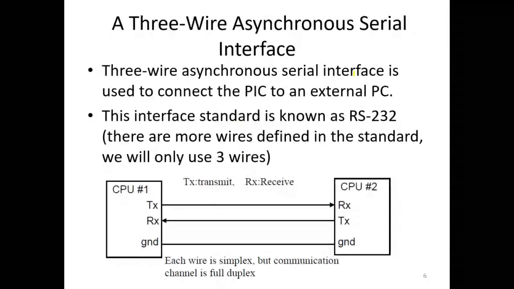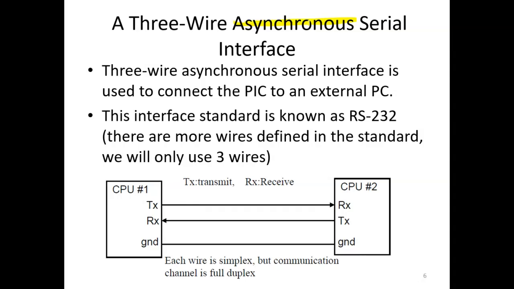Now let's start with the 3-wire asynchronous serial interface. So here we are talking about the RS-232. In the old computers, we have a connector like this one, which is similar to the VGA, but here we have 9 pins. We have a total of 9 pins. So this connector is called the DB9 connector. And this DB9 connector we are using for the